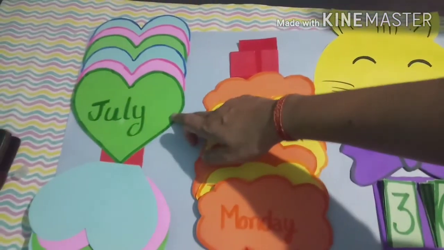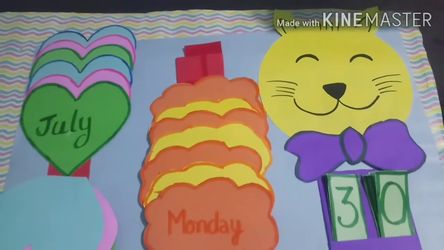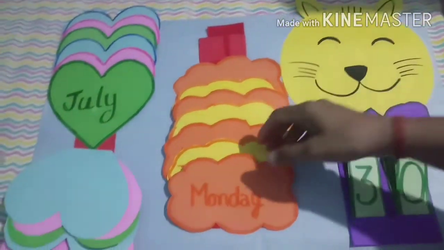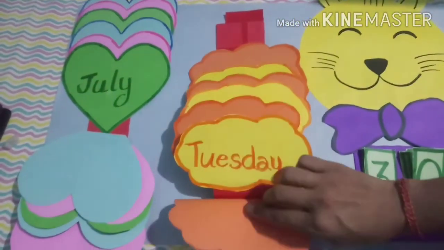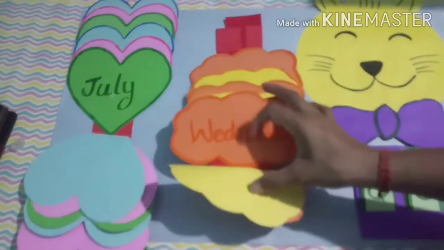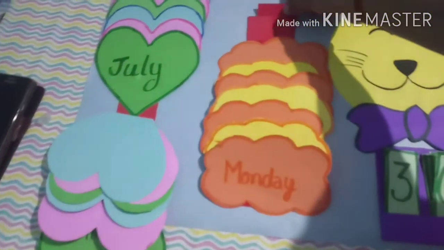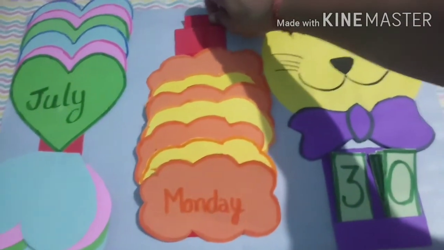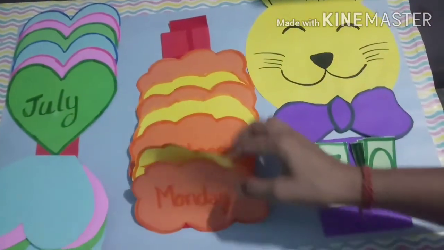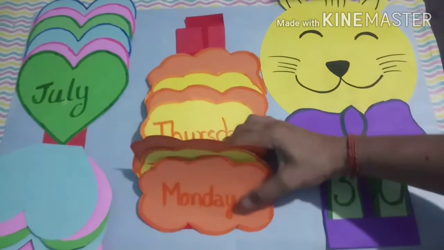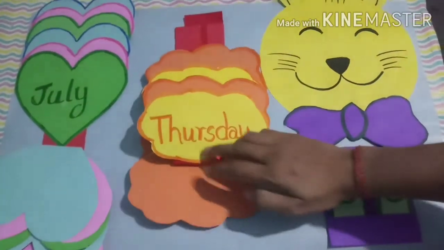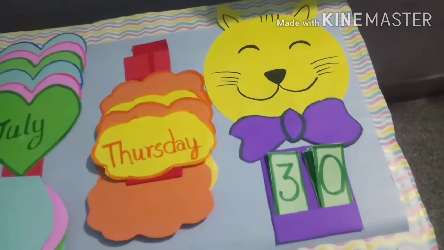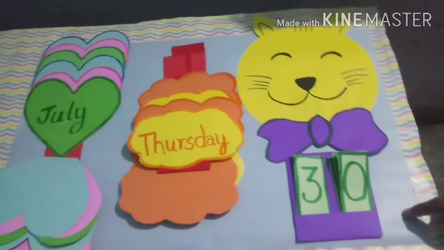Means here the month is July, and which day is today? Yes, today is Thursday. So here also see Monday, Tuesday, Wednesday, or you can pull it from here also, like this. It's Thursday, so we want to show Thursday. See, it is Thursday and the date today is 30th.